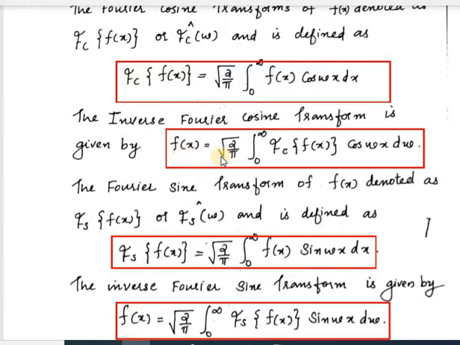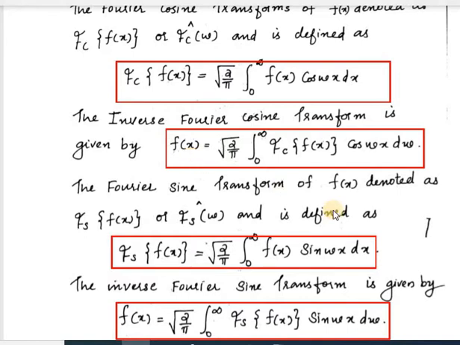that is given by f of x equal to root 2 by pi integral 0 to infinity Fc f of x cos omega x d omega. In the Fourier cosine transform we are integrating with respect to x, and in the inverse Fourier cosine transform we are integrating with respect to omega, and this formula is used to find the corresponding function from a Fourier cosine transform. That is, if we know a Fourier cosine transform, then by using this inverse formula we can find the corresponding